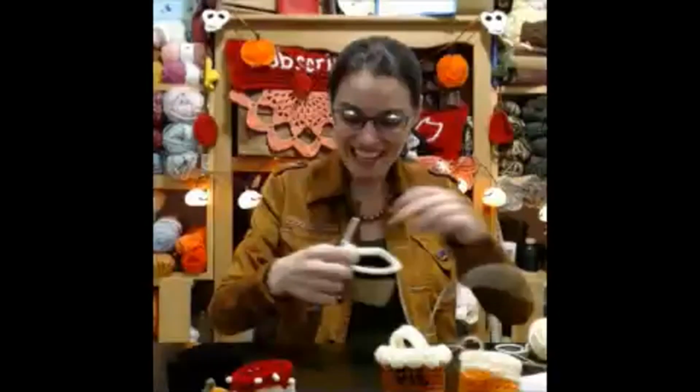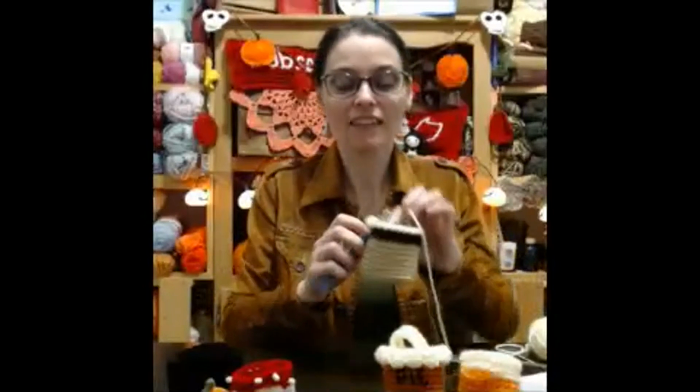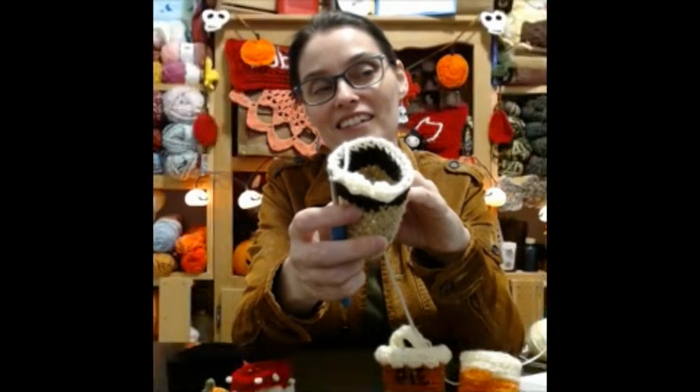Yeah, those look like little marshmallows. Oh my gosh, great idea, guys. Slip stitch, slip stitch. Okay, to get this little marshmallow effect, which looks like a little tiny marshmallow,